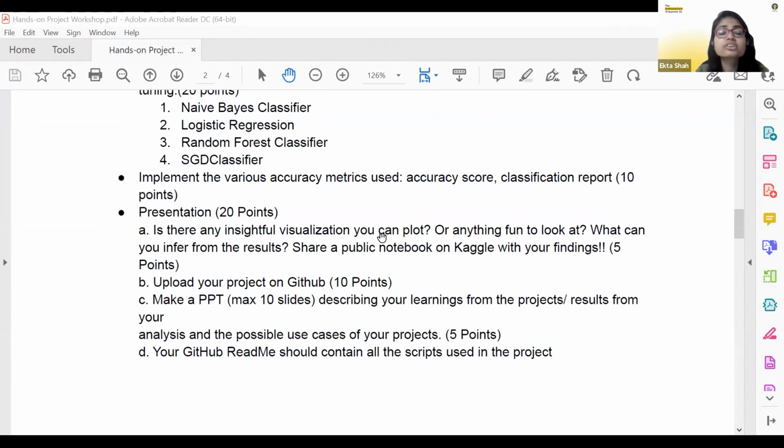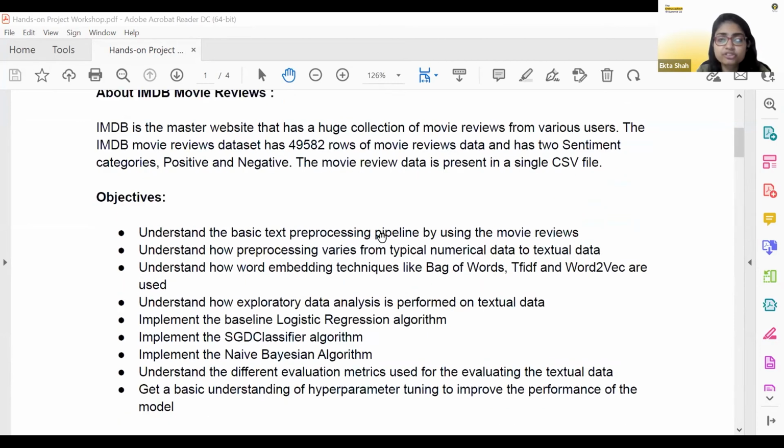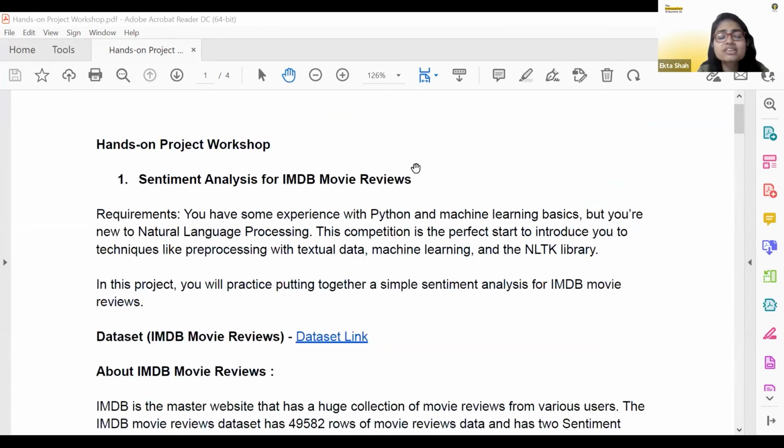Okay. So this is your sentiment analysis problem that I've been talking about, which is your first project which you can attempt. Now, this is majorly for beginners, people who have no exposure to textual data, have not worked on text-based problems. This is the clear gateway which will help you to understand and create a project on this, which will give you the confidence to learn more about textual data processing and its analysis, right? So that's why this is the very first project that we've kept for you.